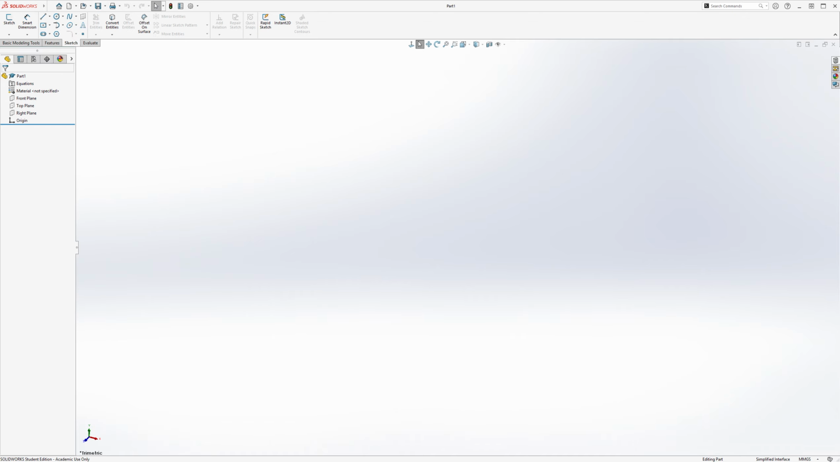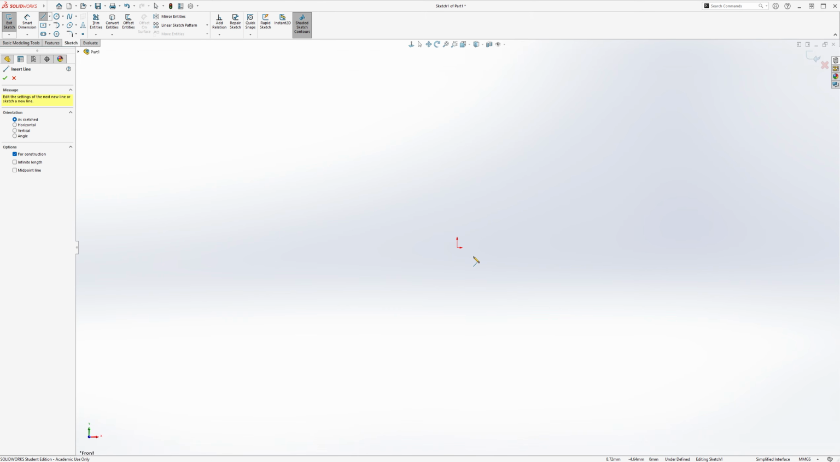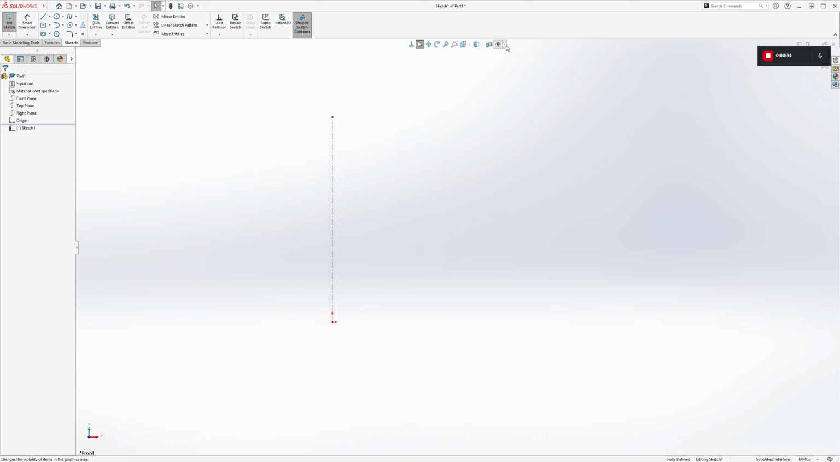So we are going to make sure our units are in MGS, and then let's set up a sketch in the front plane, and set up a revolve. So to do that, we'll have to get a vertical center line for our axis of revolution,